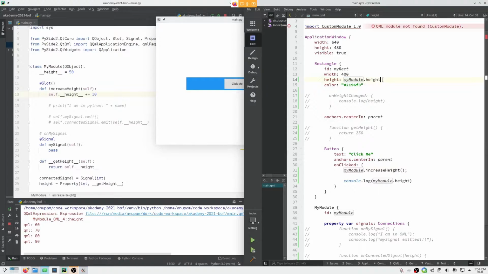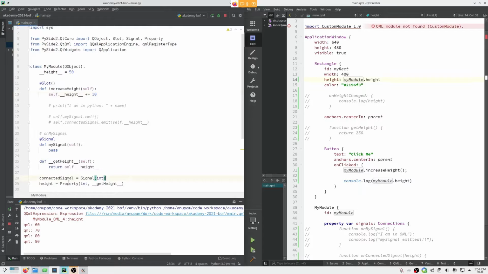QML is declarative, because QML is totally dependent upon the underlying signals to determine what value has changed and what things need to re-render. Let me show you how to implement this. To do this, we just need to have another named property, which is called notify, and in here goes a reference to a signal.